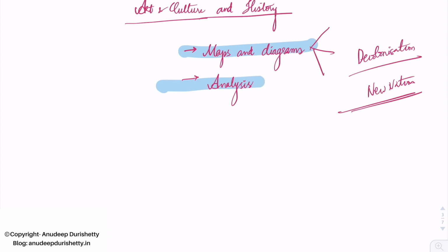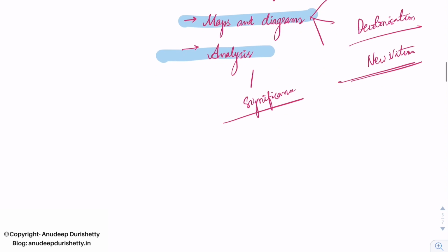Secondly, in recent years, the questions being asked in art and culture tend to be analytical. Answering such questions requires special effort while preparing. When you're reading art and culture topics, always ask yourself the significance of a particular type of art, what such art symbolizes or conveys, and how and what it tells us about those prevailing conditions in which such art was